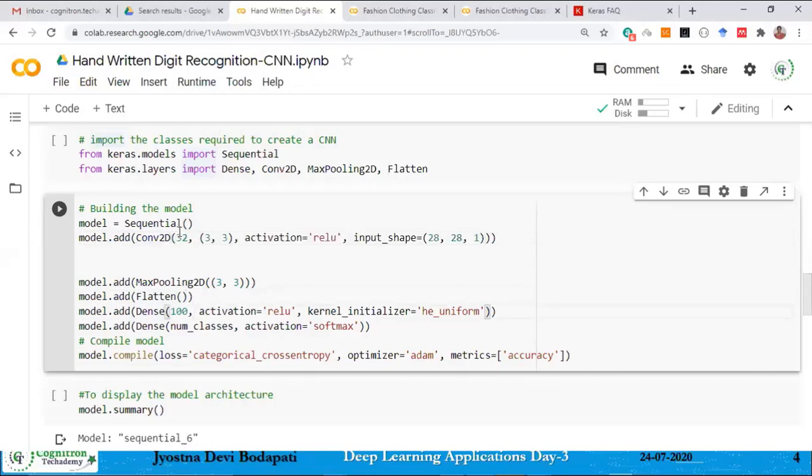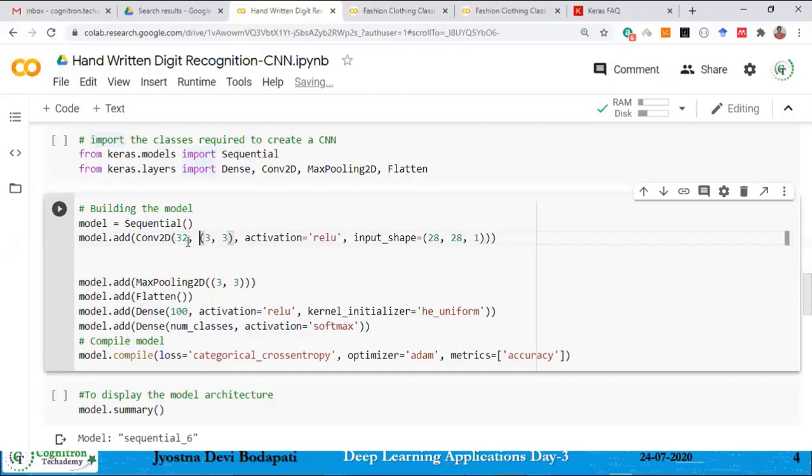Now this convolution layer, as I told you earlier, is again expecting different parameters. The first one, if you observe here, is 32, the number of feature maps. For this convolution layer, how many feature maps do you want to create? I can very well change it to 16 also, or to 64 also. That's up to us. We'll see later how to change these parameters. As of now, let's create a convolution layer with 32 feature maps.